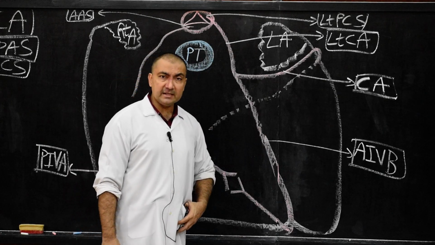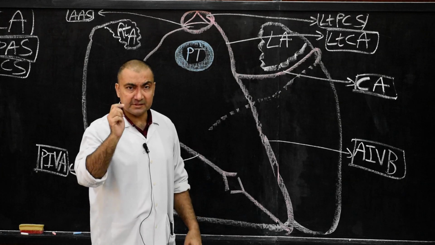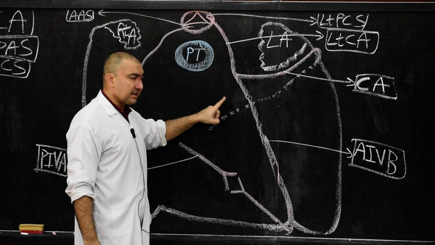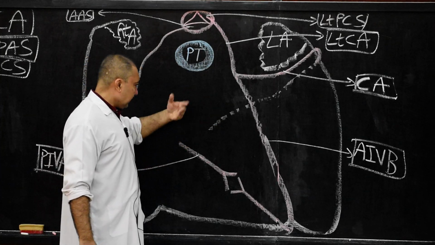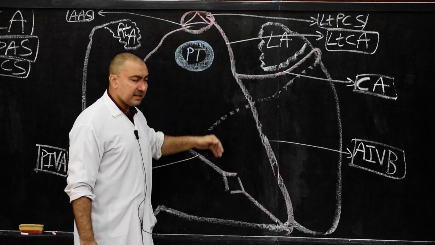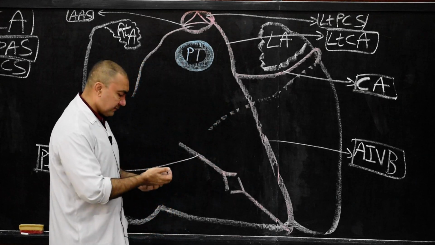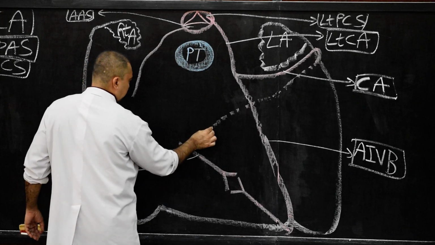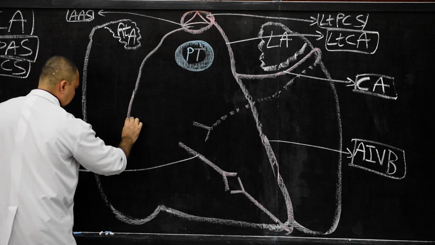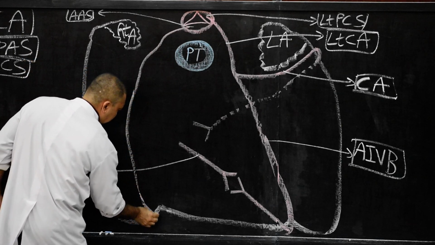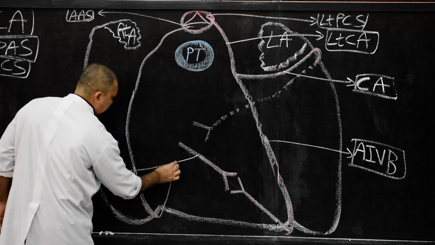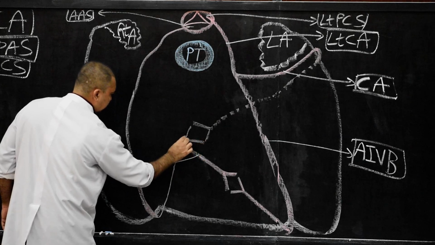Remember, in the discussion of the right coronary artery, I had specified that the anastomosis between the circumflex branch of the left coronary artery and the right coronary artery in the posterior atrioventricular groove will take place slightly to the left of the crux of the heart. So here we show this. Here we are going to show this anastomosis. Now I continue with this right coronary artery, and this right coronary artery will pass posteriorly. Here it is passing posteriorly, and then it will anastomose.